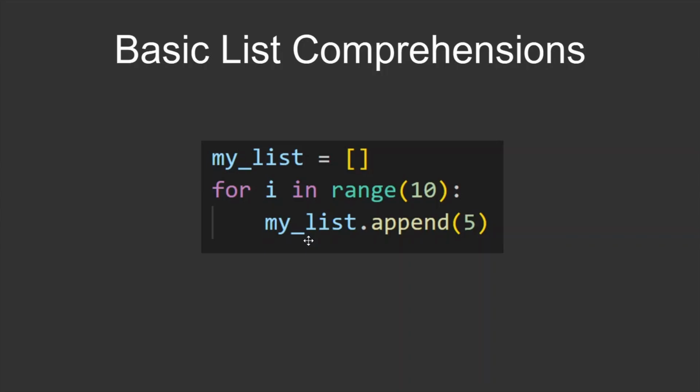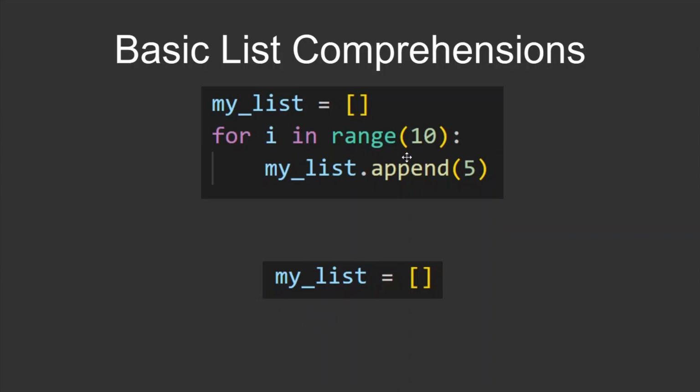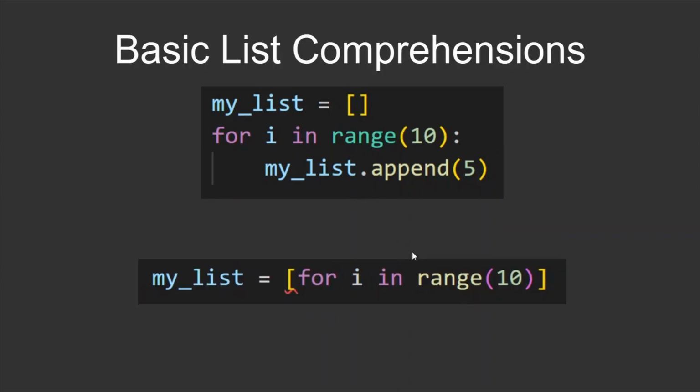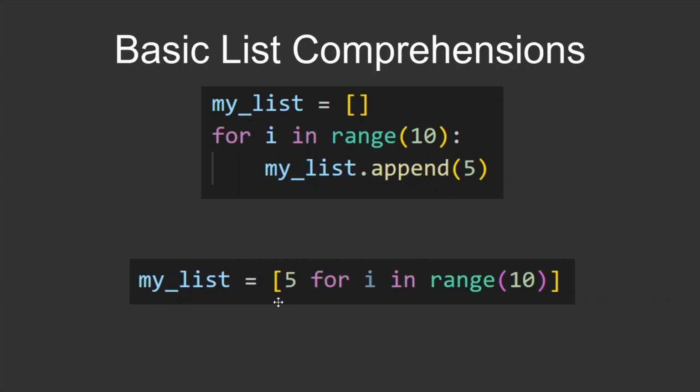The list comprehension is basically the same put in a single line with a slightly different order. So first we create an empty list, then we add the for loop statement inside the square brackets. And of course the part that is appended every iteration comes in the beginning. You can read this as set mylist to 5 for every i in range 10. Everything that you would put in there you can also use here in the list comprehension.